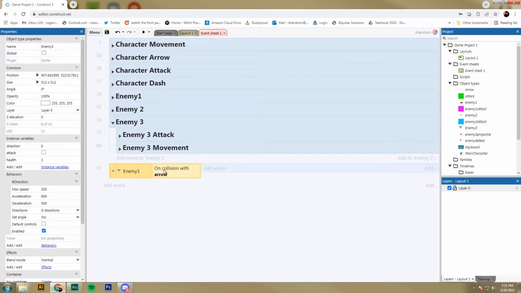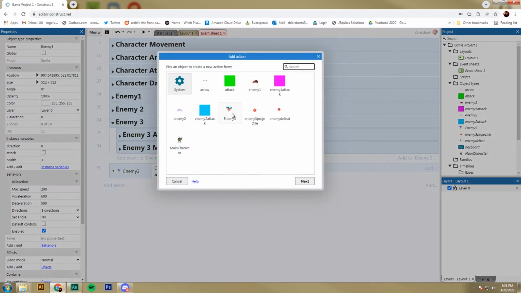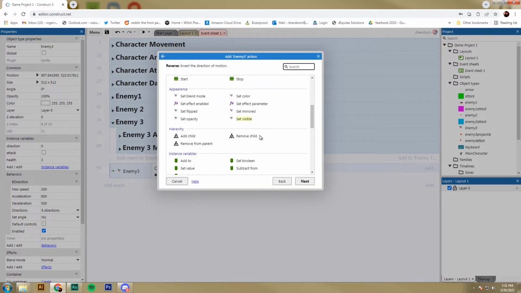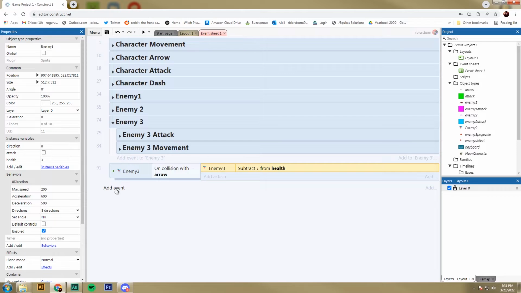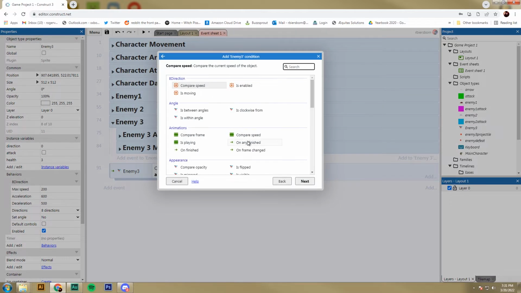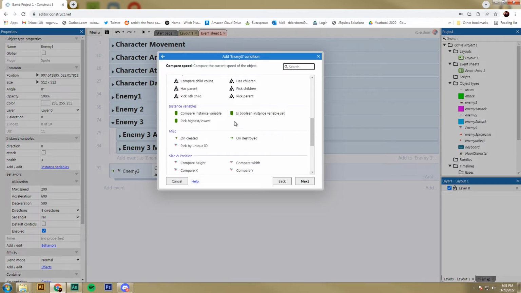So when the enemy 3 and the arrow collide, I can add an action, go to enemy 3, go down to subtract from, and subtract from the health a value of 1. Great. Now the next thing I want to do is add an event for enemy 3 that says when the